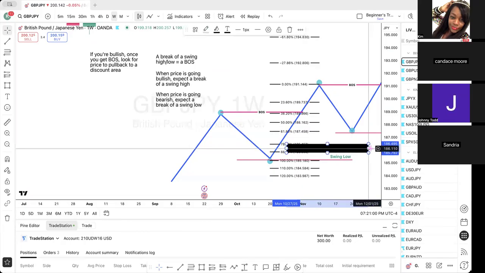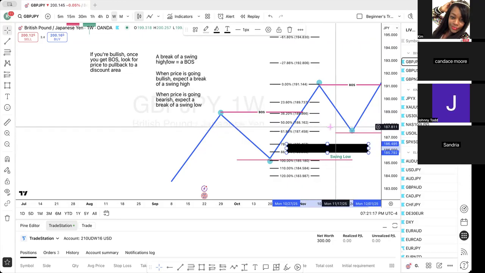That's my preference. And it's going to be up to you at some point. Can you tell us why you prefer to wait till it gets to 78 or 88 versus 50 to 61? Because for me, I've seen too many times where price will get to the 50, 61 and maybe push up and then push back down. But it all depends on the structure that it's in. So, and we're going to get to that.